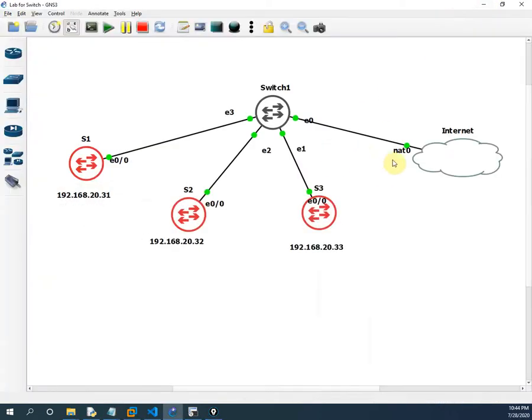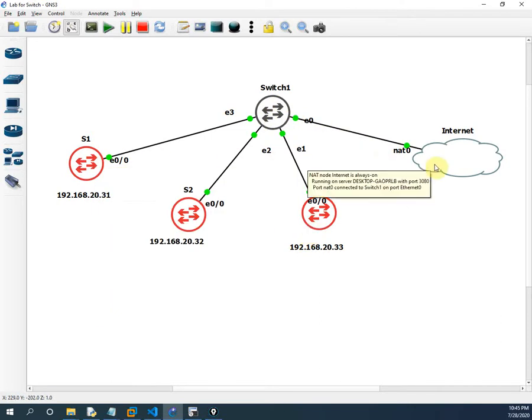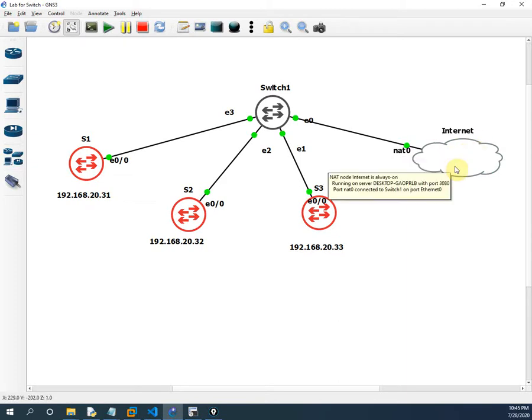For that purpose, I connected to the NAT, treating it as NAT and the internet. My PC connects to it and gets an IP address. We configure the IP addresses on all switches as per the IP range in our cloud. In our last video, I already showed you how to check the IP address of your NAT.